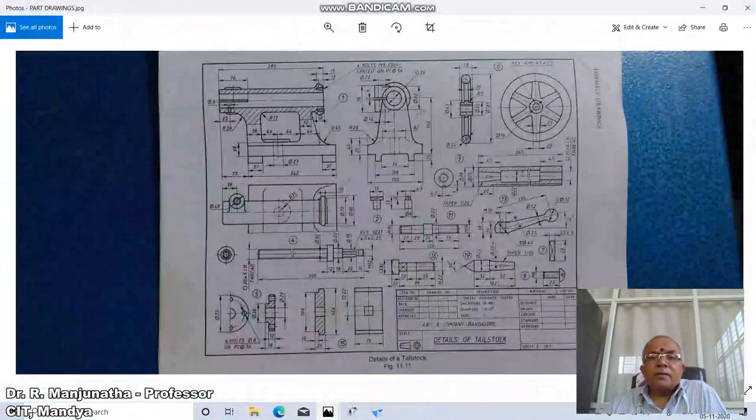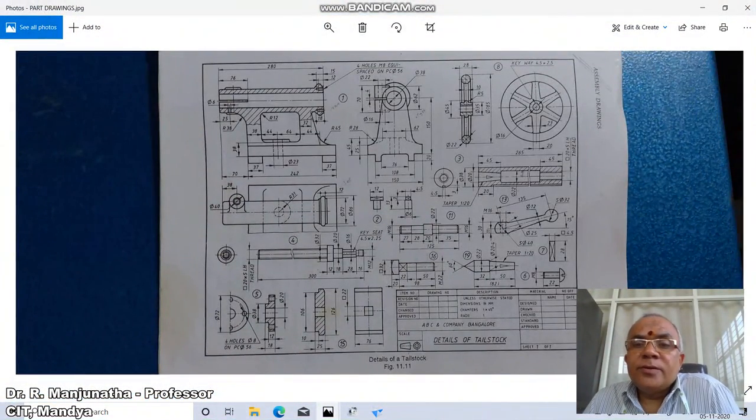So the barrel, if you see here, you have a circular bar having diameter 38 and a length of 265, wherein you have an internal diameter of 20, and you have one taper which is 1:20. So what does it mean? The taper 1:20 means for every 20 mm length, there will be a decrease of 1 mm in diameter. So that is the meaning of this.